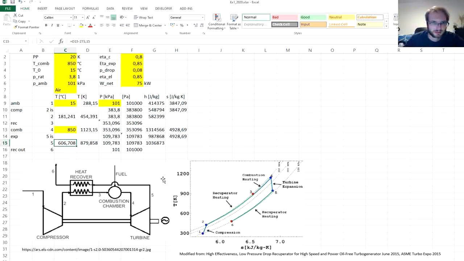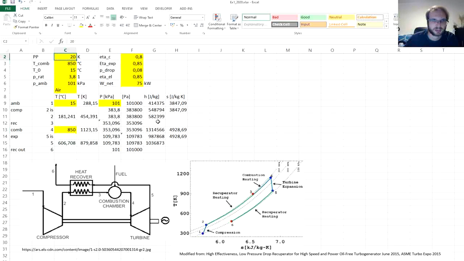Now what to do about the recuperator. In case of perfect gas with constant specific heat capacity, there would be the same temperature difference between 5 and 3 and 2 and 6. So first let's model it like that. That means we know the point 5, and point 3 has to be smaller because we